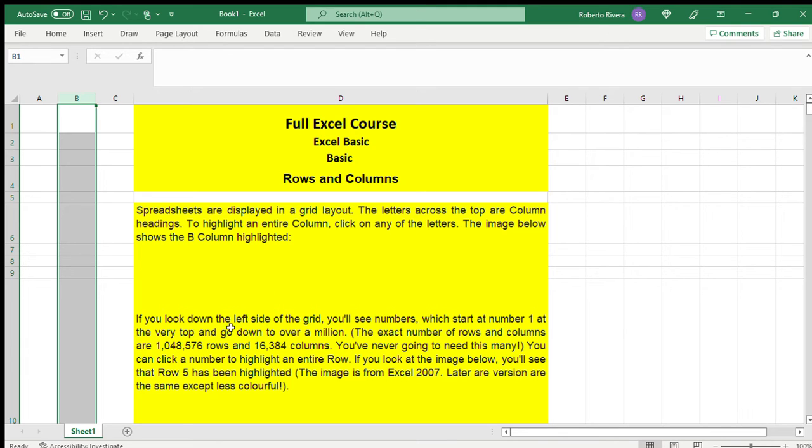If you look down to the left side of the grid, you will see numbers right here, which start at number 1 at the very top and go down to over 1,000,000. The exact number of rows and columns are